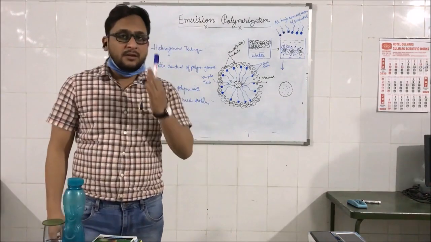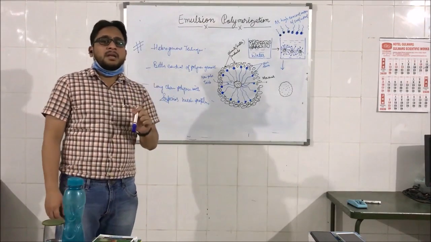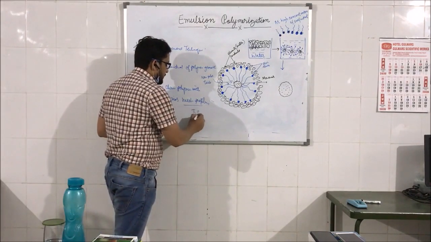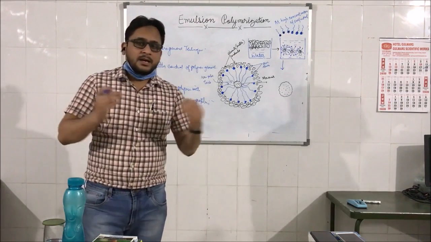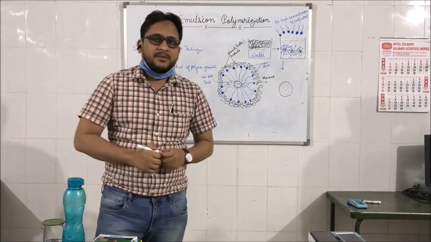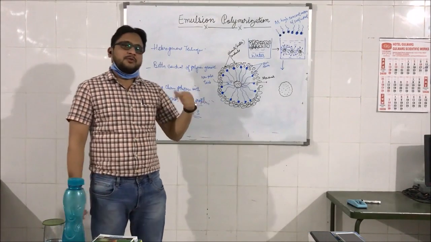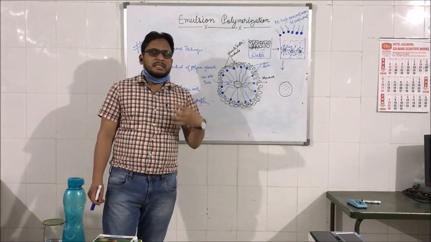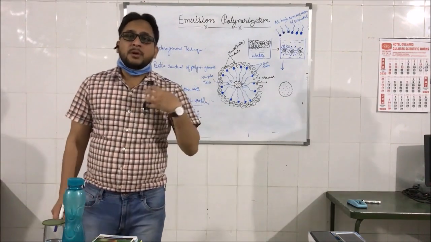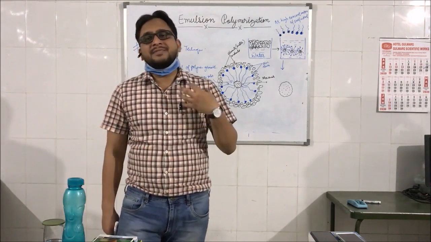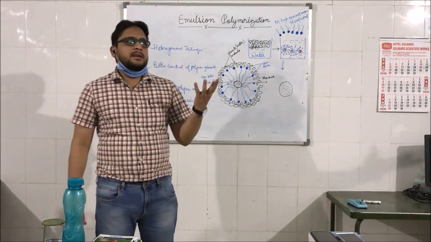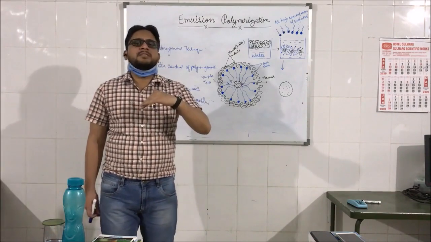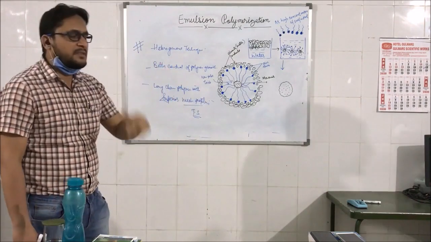They all come under the category of mechanical properties, and the most common and most important mechanical property of a polymer is its tensile strength, because most of the time polymers are under the influence of tensile forces. We never go for testing compressive strength for polymers. There are very little chances that polymers are under the influence of compressive forces. They are always under the influence of tensile forces. On the other hand, for example, bricks are always under the influence of compressive forces, never under the influence of tensile force. So this is the basic difference.